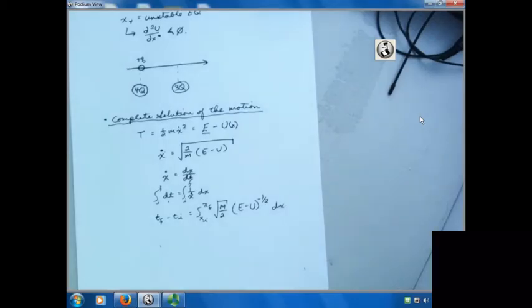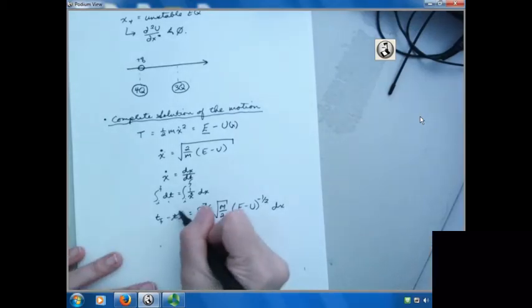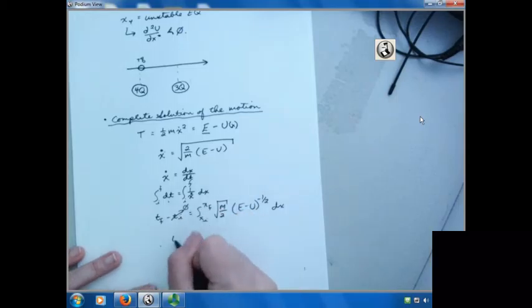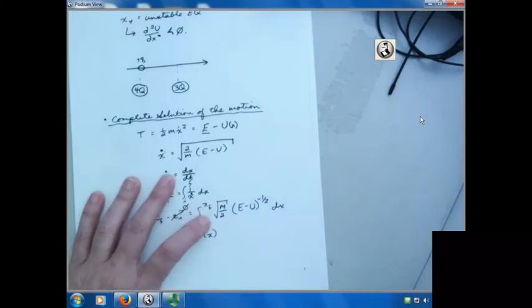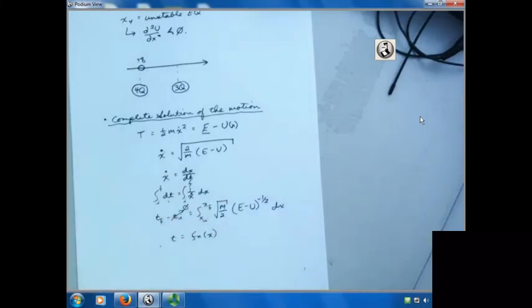You know how to do that integral. So once you do this, and maybe you'll call t initial 0, that is customary, you'll get t as a function of x. And you'll be able to perform this integral. Hopefully you'll be able to do it analytically, but if not, you can always do it numerically. So you'll be able to get t as a function of x, at which point all that you'll have to do is algebra to get x as a function of time. So in the one-dimensional case, we get to use energy, which is nice, and we can actually solve for motion.